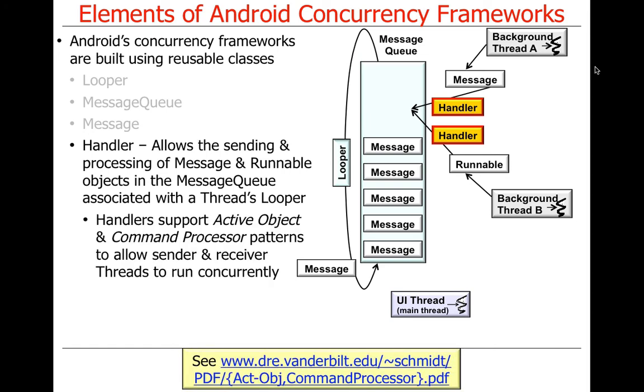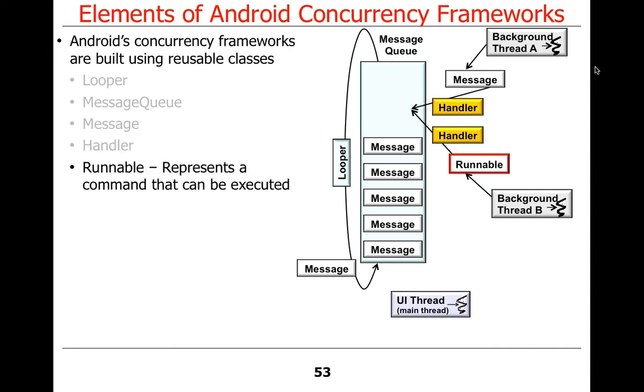We can use handlers in conjunction with loopers, message queues, messages, threads, thread-specific storage, all this good stuff we just talked about. We can use all these mechanisms to implement a couple of patterns we'll talk about in more detail in a second. In particular, the command processor pattern, which is what's used when you have runnables with a run hook method, and/or the active object pattern, which is where you're sending messages from one thread to another. Very cool patterns, and learning about those patterns will help you understand lots of other things in the concurrency